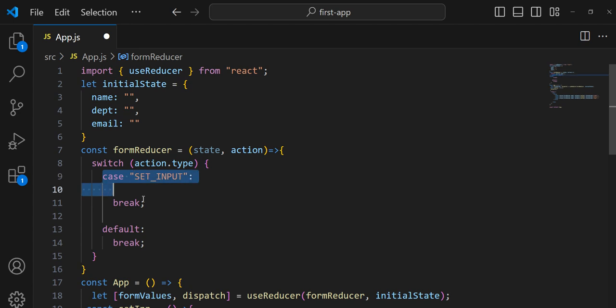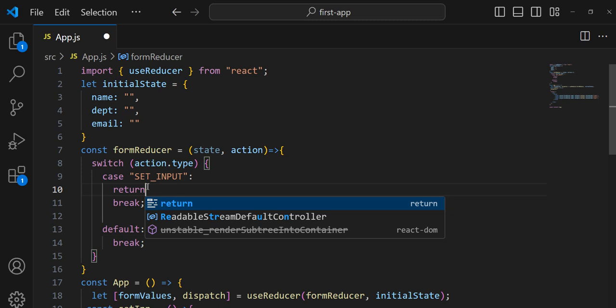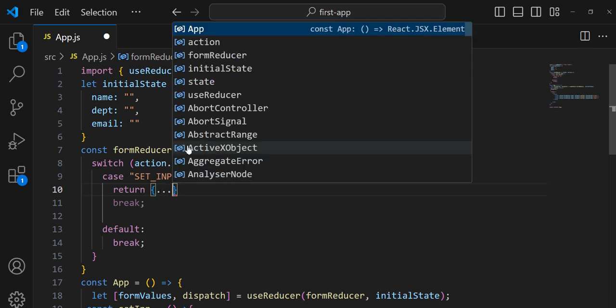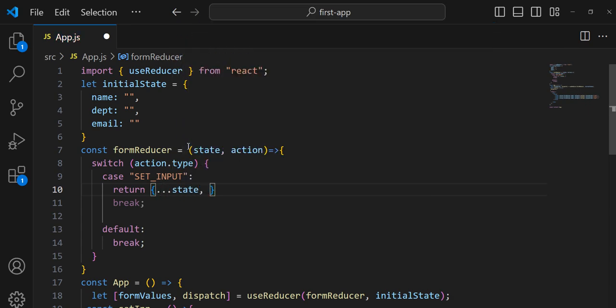So whenever I dispatch this, what do I want to do? I want to return this. Return my form. The initial state is an object, so I still want to return that same object back. Spread everything back. Then I now want the value to be